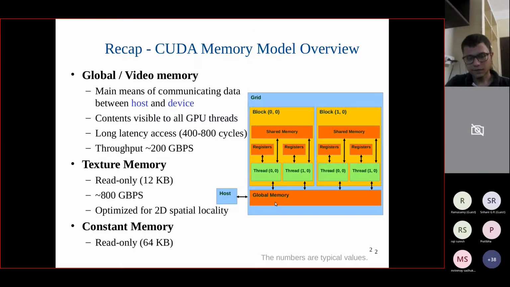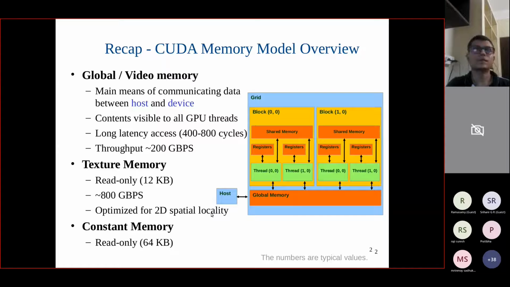So that part we can keep in texture memory or constant memory. Typically they are used for storing metadata, and the key advantage here is that their throughput is very high, like 800 Gbps, which is actually 4 times that of the global memory. And talking about the difference between constant memory and texture memory, texture memory is optimized for 2D